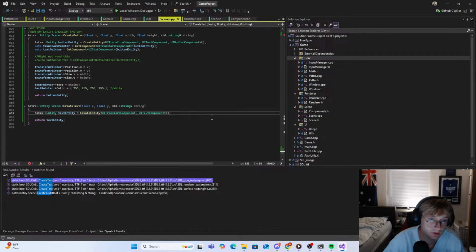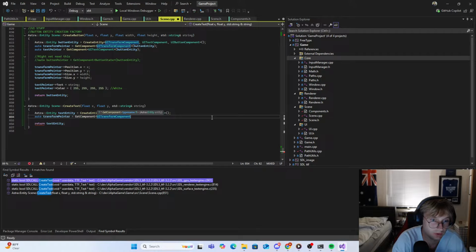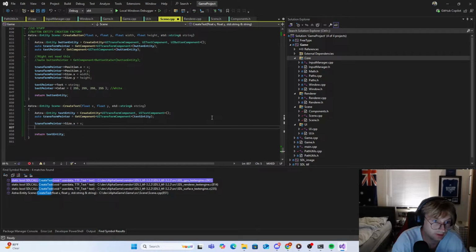C.cpp. Let's grab our pointer here. Auto transform pointer is equal to get component. We want our UI transform component. That's going to return us a text entity. Alright, then we can do transform pointer dot size dot x is equal to x. Transform pointer size dot y is equal to y. And then we want,